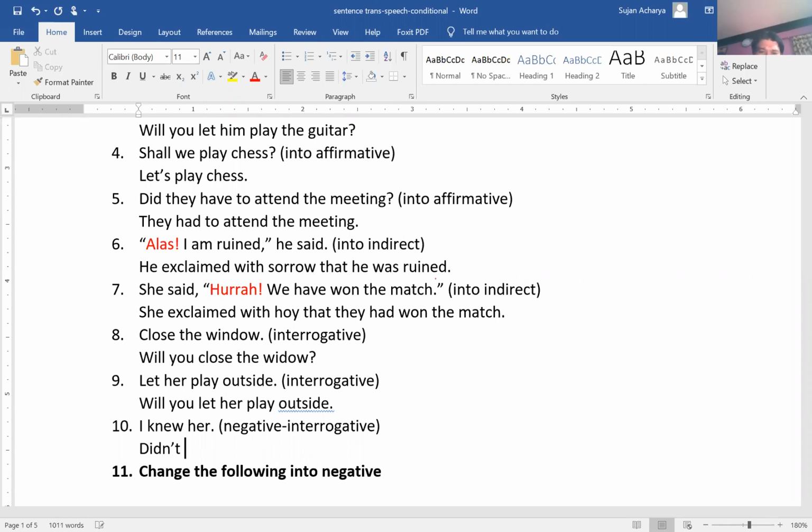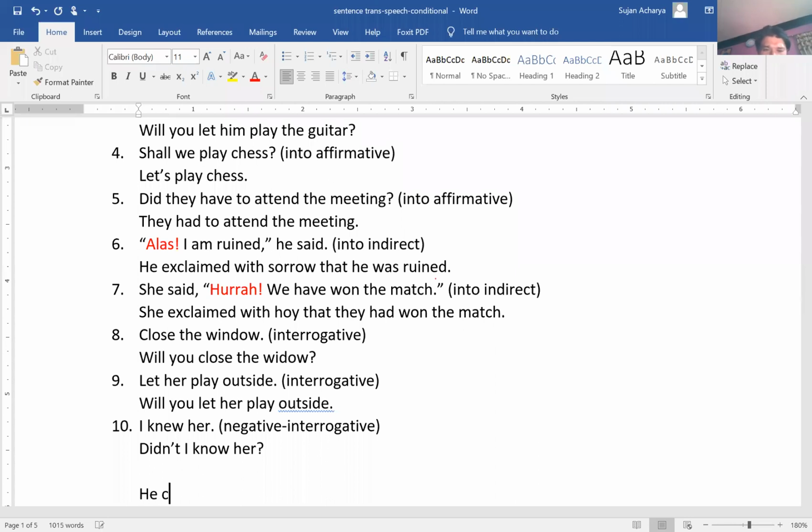Didn't I know her? Negative interrogative. Why didn't? Because the form of the verb in the given sentence is V2, simple past, so did. And negative, not interrogative, question mark. And most of the time you will be asked a weird kind of verb, like, for example,